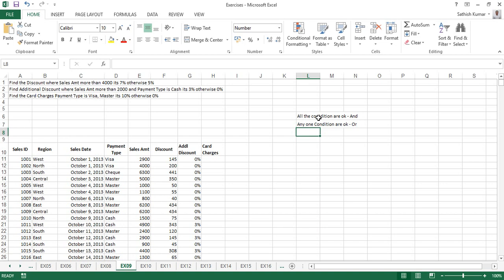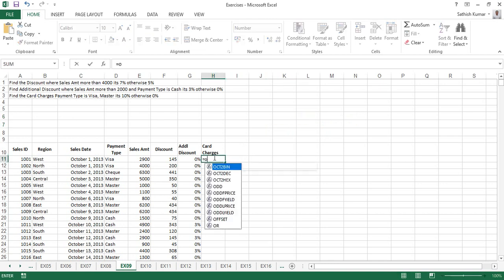All the conditions means AND, any one condition means you are going to use OR here. So let me use the OR condition, multiple conditions. Equal to OR, open the bracket, the condition number 1, that is my payment type D11 is equal to